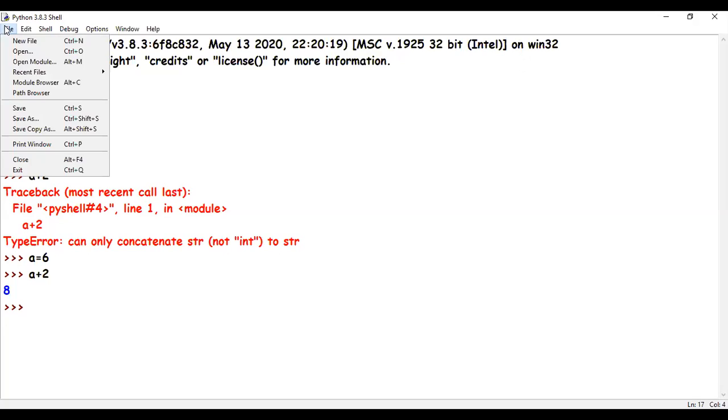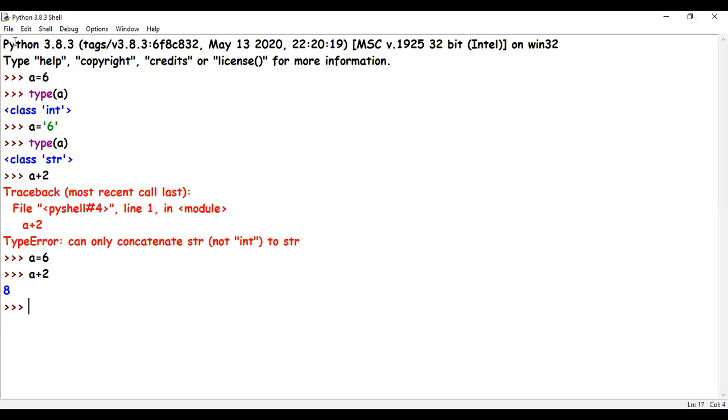Okay. So I'm going to open my script mode. So I will go to file and say new file. This is my script mode. Looks like notepad. First things first, we are going to write a comment. So I'm going to say program to double the user's age and display. Okay, this is the program we are going to do.